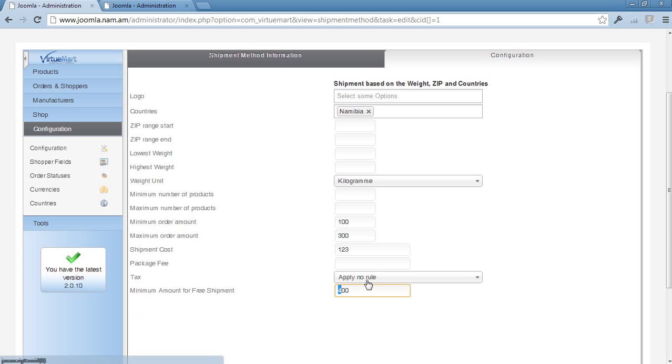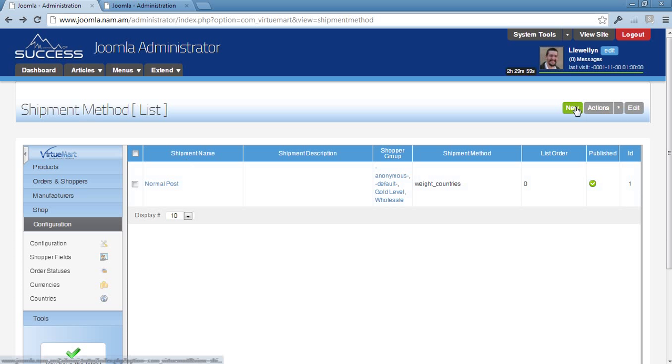Since 300 is the maximum, you could make it 301. Anything above $301 is free. So this would then be the last block, and then you'd have smaller blocks. Blocks meaning methods that you'd set up, so there won't just be one, there will be multiple. And so if we were to get out of this, you would just click on new to create a new one, and then make sure that they don't overlap. And then this is how the shopping cart would implement